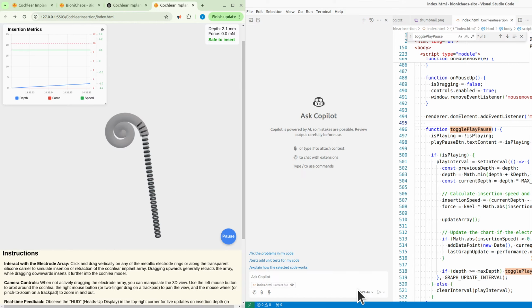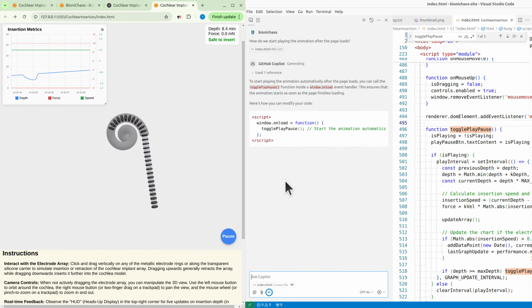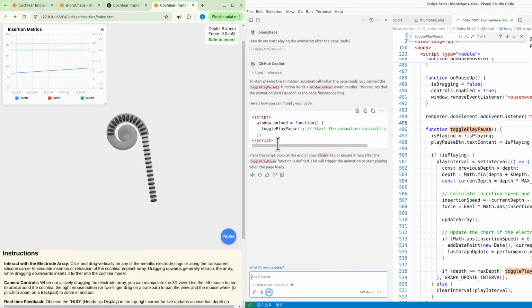How do we start playing the animation after the page loads? To start playing the animation automatically after the page loads, you can call the toggle play pause function inside a window.onload event handler. This ensures that the animation starts as soon as the page finishes loading. Here,